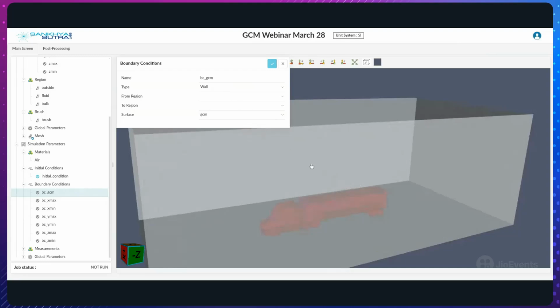So to communicate to the solver that is where I need my BC to be applied, I'm going to select my from region as the bulk and the to region as the fluid. That instructs the solver to select the boundary points in the fluid region on the GCM surface itself. And the surface is already selected as GCM, and I want the no-slip wall boundary condition to be applied on the surface. So the other kinds of BCs that we offer are the free slip BC, the outlet BC, which